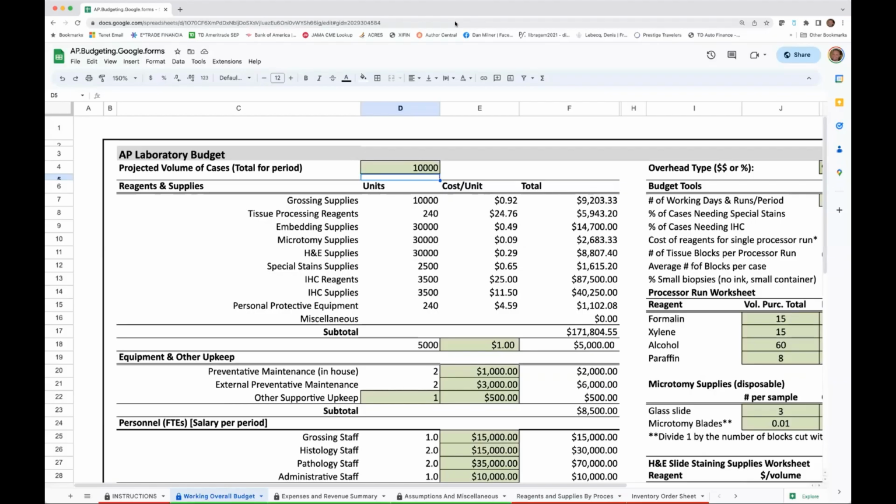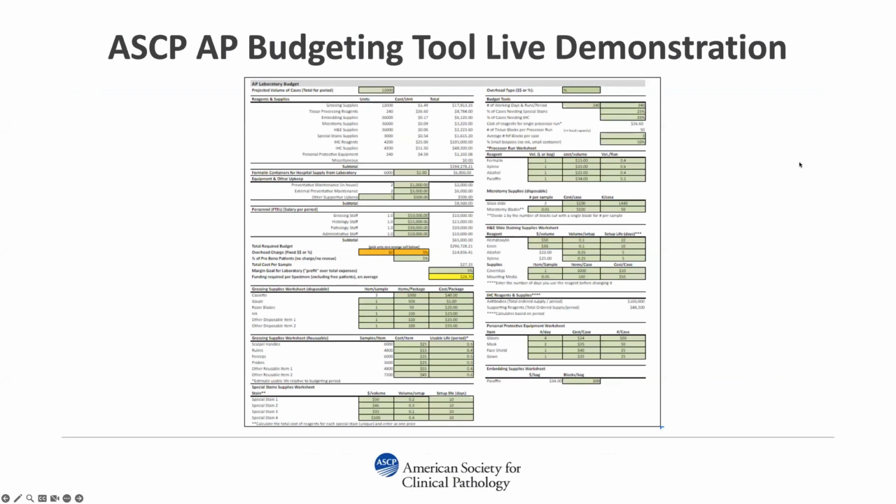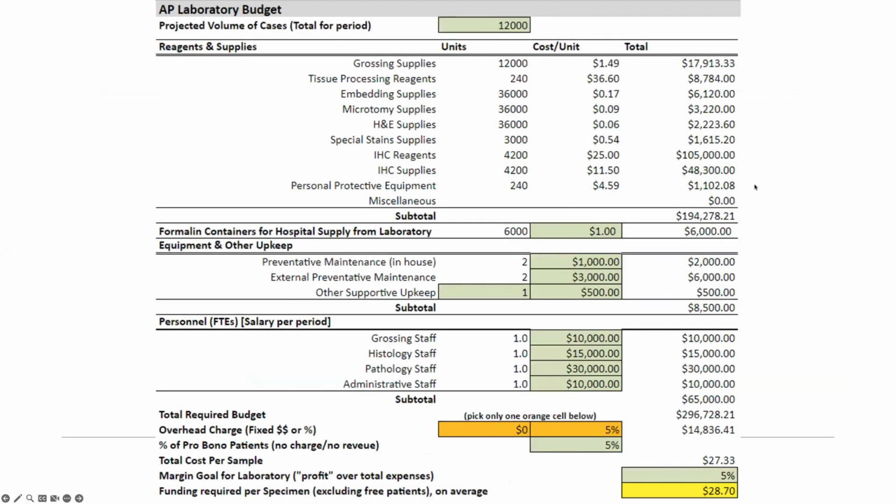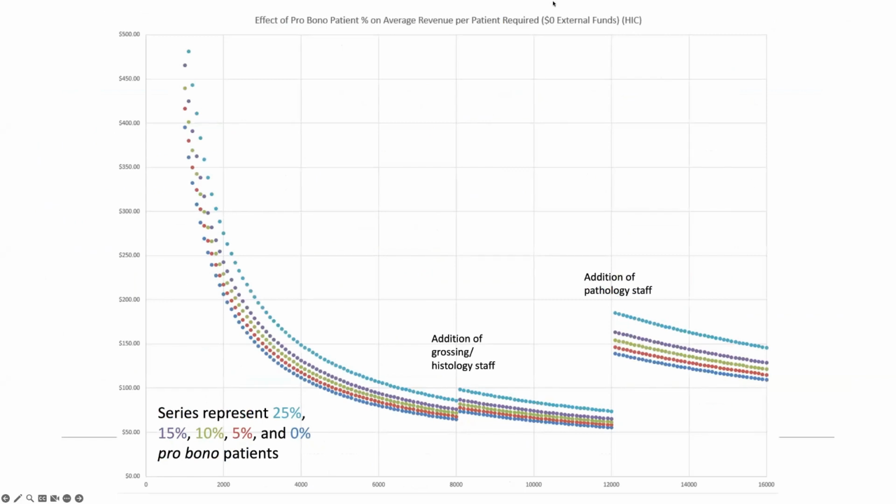There it is. Okay. So now I showed you all of this. This is great. So let me show you some data. Okay. So this first